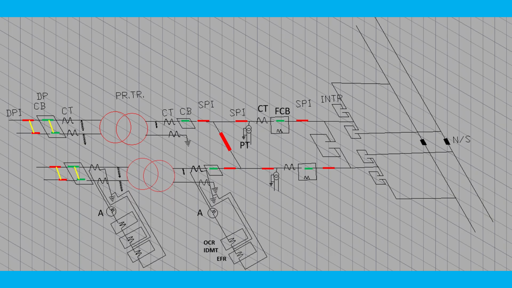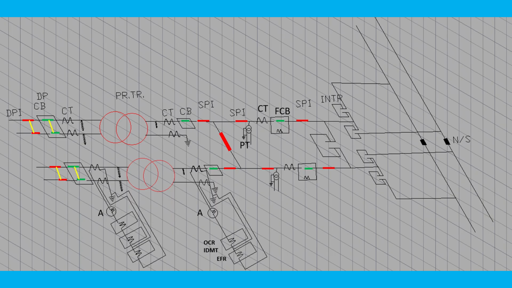Then on our feeder side, we have a potential transformer and current transformer, PT and CT, for protection and metering of the feeder side. The feeder side CT will indicate how much current, and the PT how much voltage. Along with metering, it is also protecting. On the feeder side we are using an overcurrent relay, which is sensed by the CT, then the delta I relay, which both CT and PT will sense, then